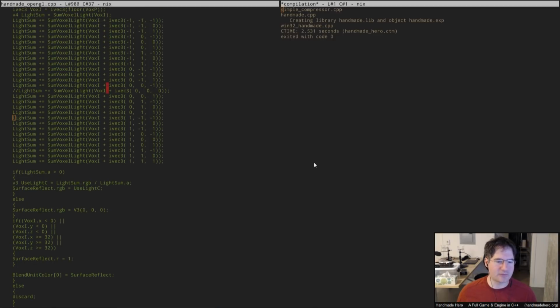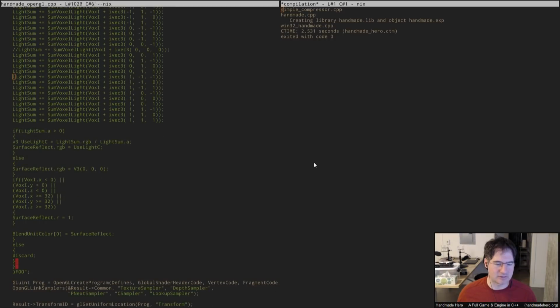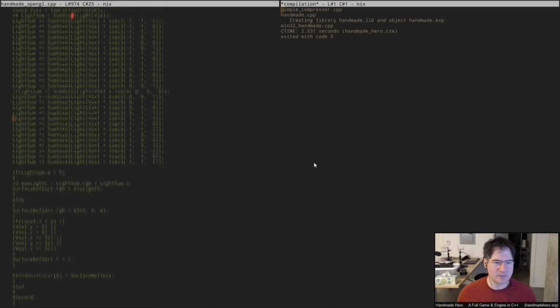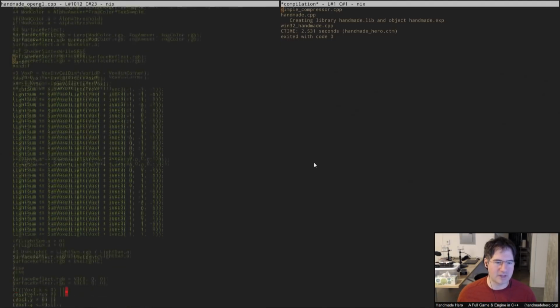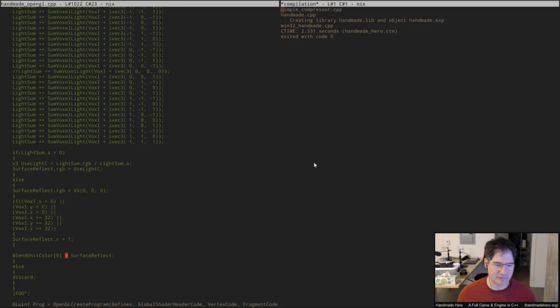All right, so first of all, that lighting value is getting used as a raw lighting value here, right? And we don't actually need it to be used as a raw lighting unit value here because we actually do have what the surface color should have been coming in here, the surface reflect color. So if we want to, we can actually modulate the incoming lighting value by the surface reflect color rather than just hard setting it, right? So we can do something like this,